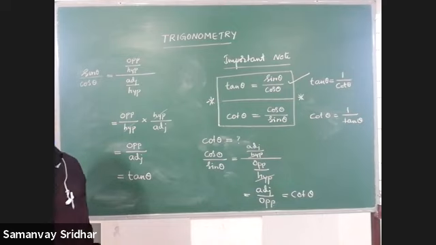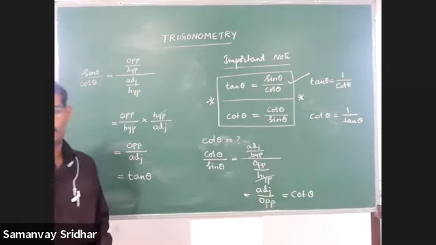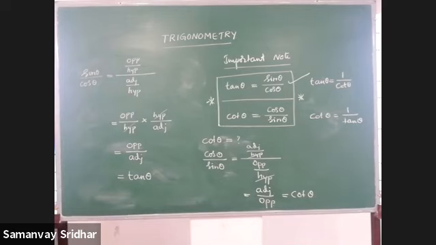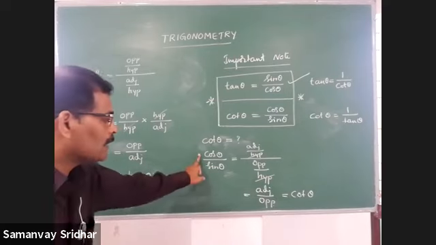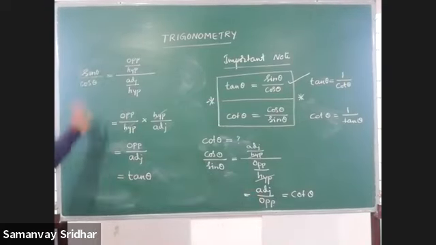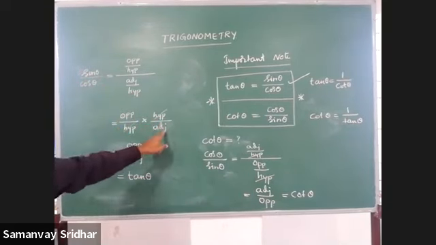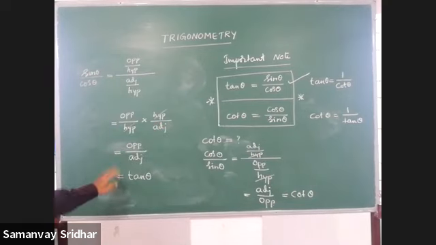Right? Let's please see this once again. I'll give you some time now. Once you have to recall this, please. How sin theta by cos theta will become tan theta. Sin theta divided by cos theta, the hypotenuse is cancelled, you get opposite by adjacent. Okay, opposite by adjacent is nothing but what? Tan. Similarly, the cot.